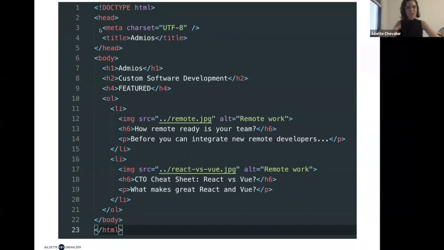Now, if I go more into the body, I get the main line that the users will see, which is the name of the company. And bear in mind here, in terms of SEO, search engine optimization, and really making sure that Google finds you, you want to have the name of your company or your space in a header 1, and you don't want to have 2 header 1s. You only want to have 1.